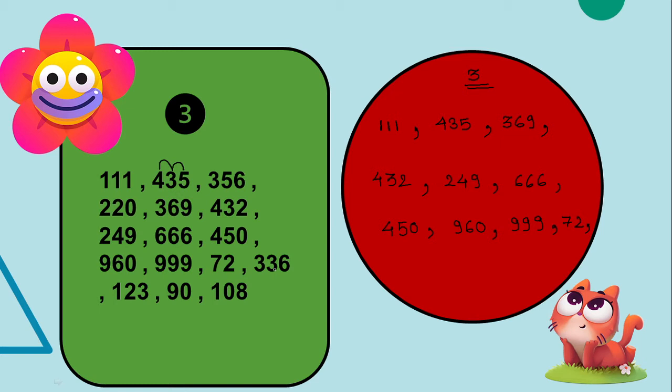3 plus 3, 6. 6 plus 6, 12. So even 336 will come in the basket number 3. Then 123. 1 plus 2 is 3 and 3 plus 3 is 6. And 6 comes in the table of 3. So here you write down